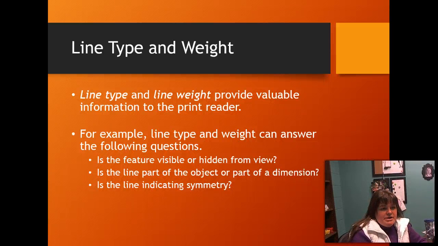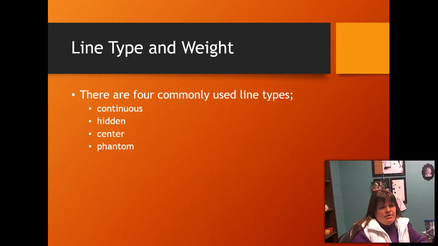In this discussion, we're going to talk about line type and line weight. And typically we use those two things to provide some information to the person that's viewing the drawing. They can answer a lot of different questions, like is this particular feature visible or hidden? Does it indicate symmetry? Are we talking about a particular dimension of a part? So because of the different line weights and line types that we use, we can learn a lot about a